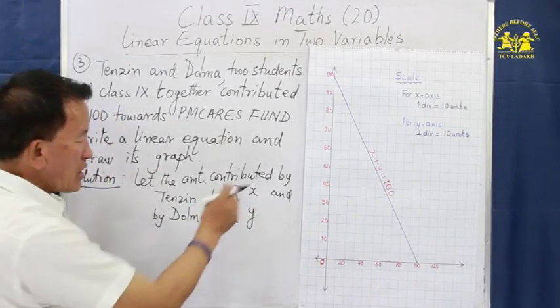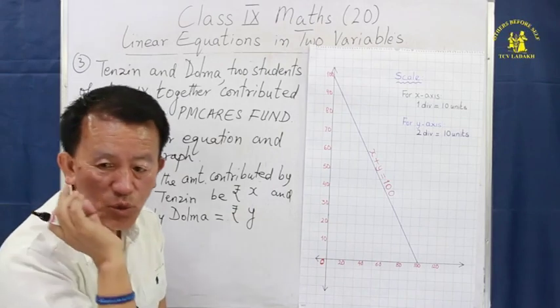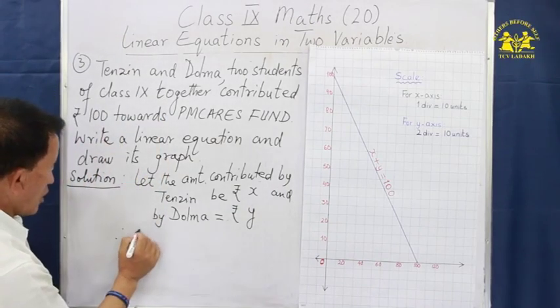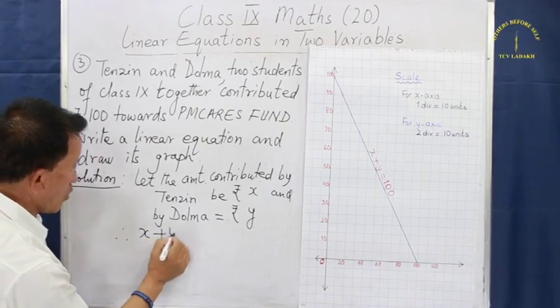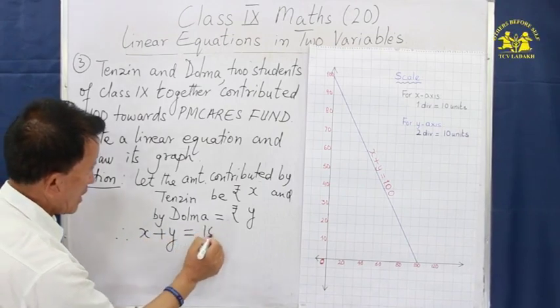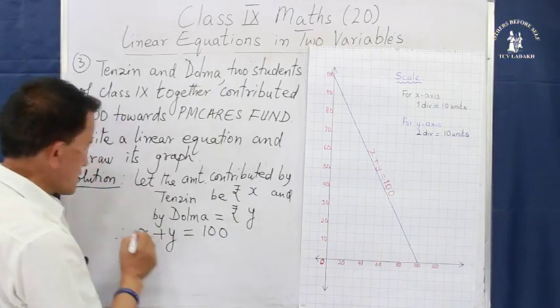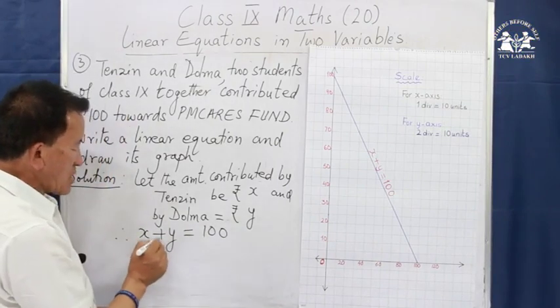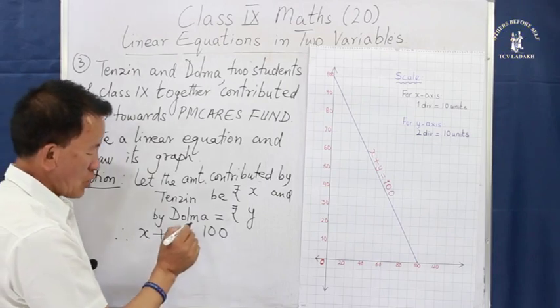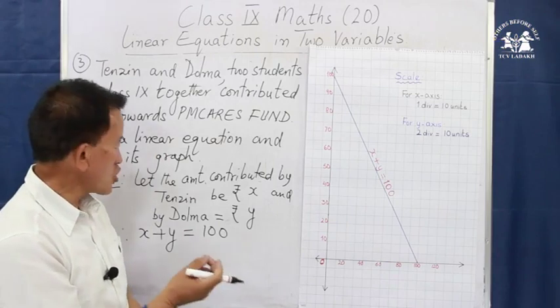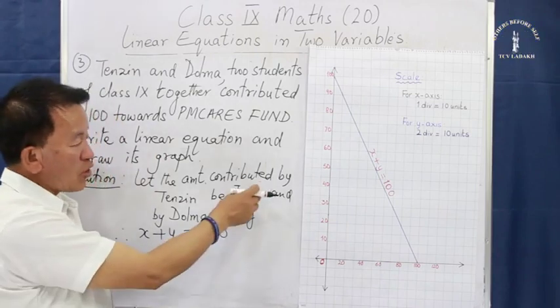Okay, now together they contributed rupees 100. So therefore, if you add these x and y, you will get 100. So this equation x plus y is equal to 100 represents the equation related to the contribution